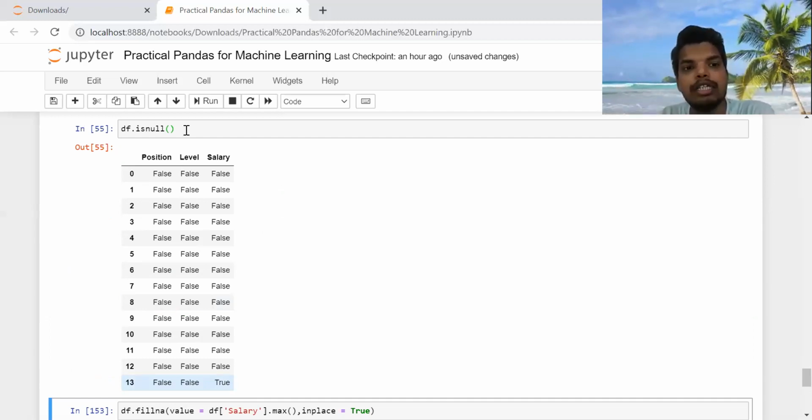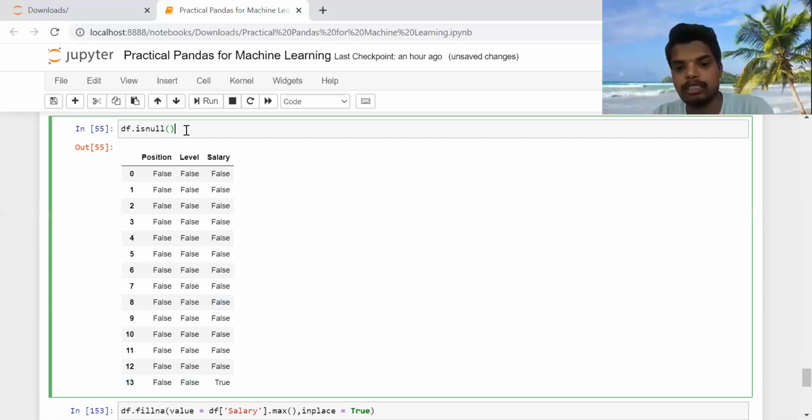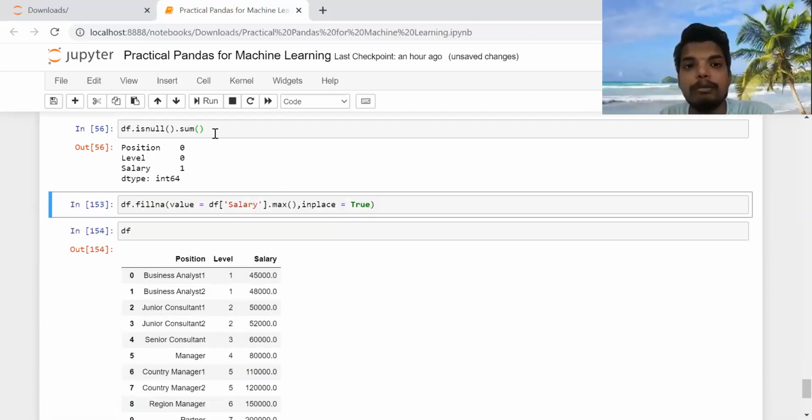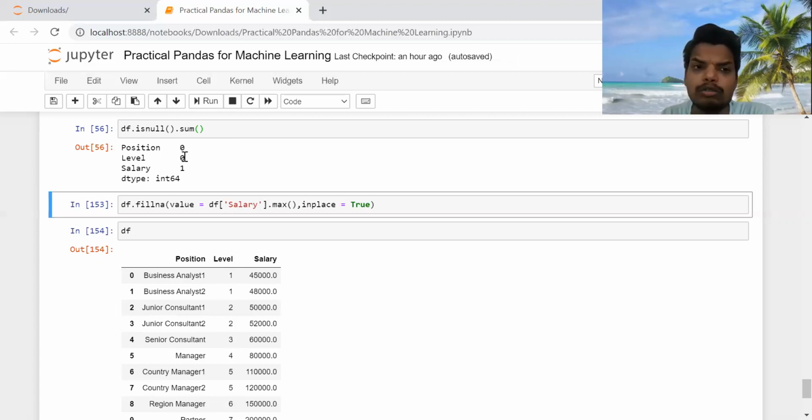Okay. So here if I write .sum, then what will it show? It will show the count, that means the number of missing values for that particular column. Since in our salary column there was only one missing value, it is showing 1 for salary, and for position and level the count is 0.